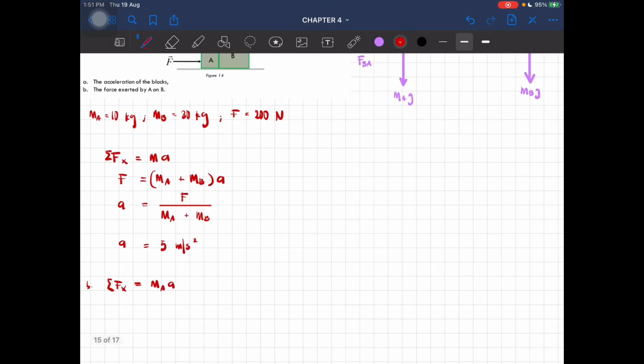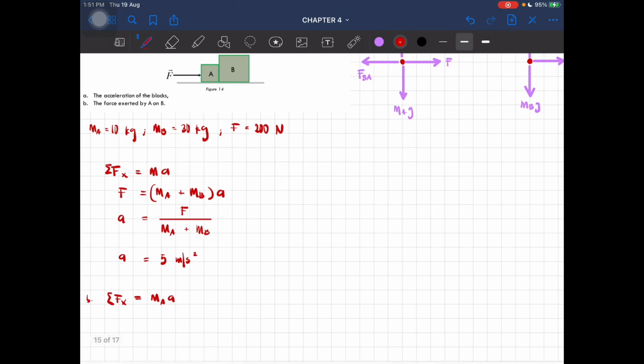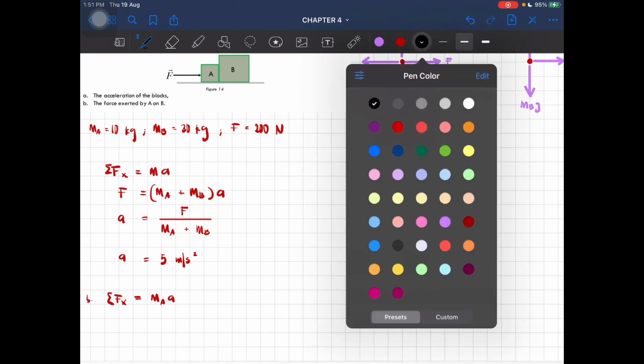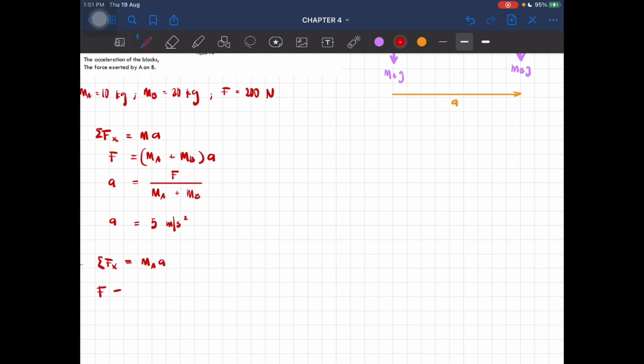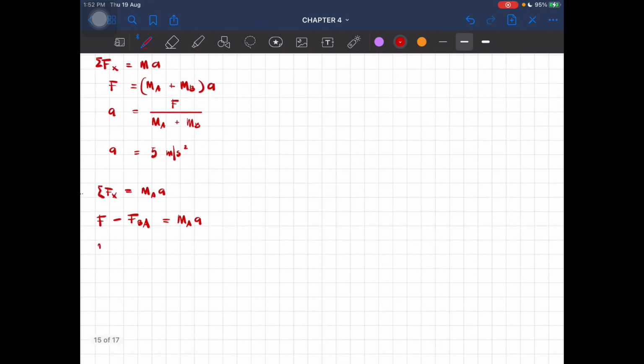So the forces here, assuming that the direction of the acceleration is here, so F is positive minus FBA equal to mA a. So this is 200 minus FBA equal to 10 times 5. So FBA is equal to 200 minus 50,